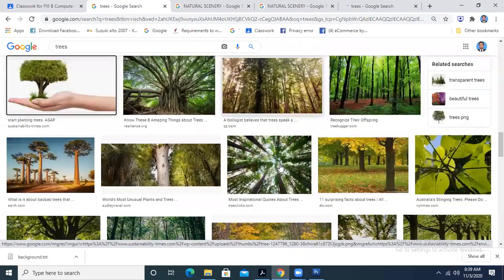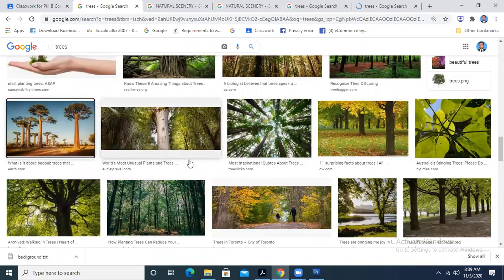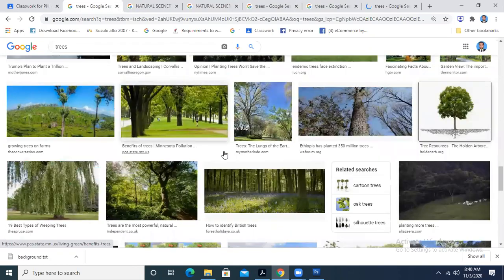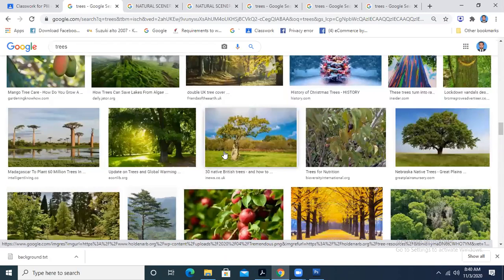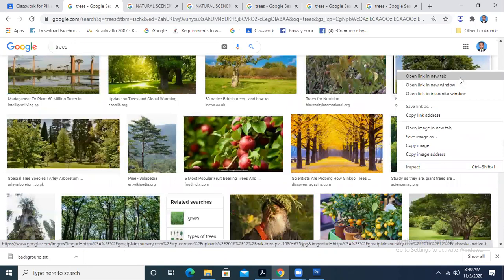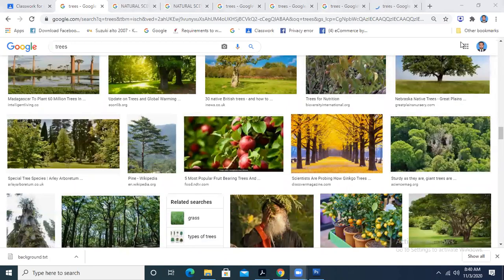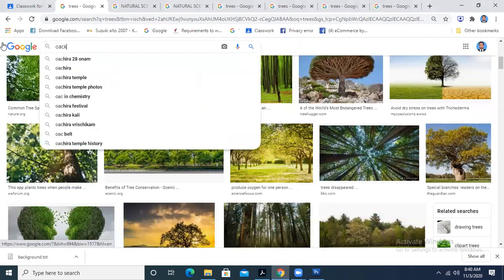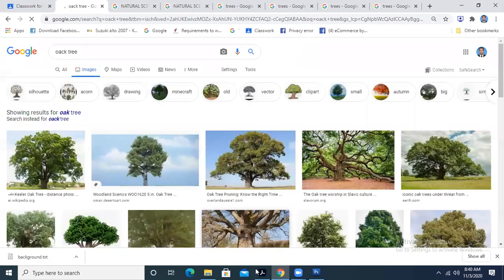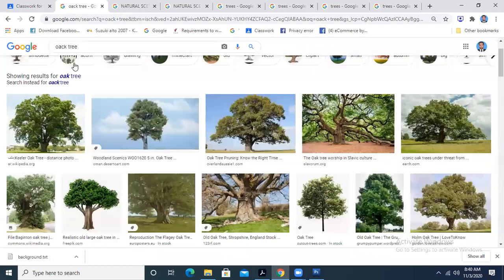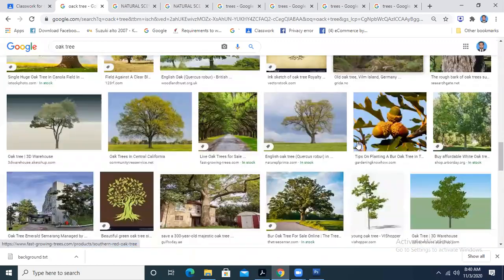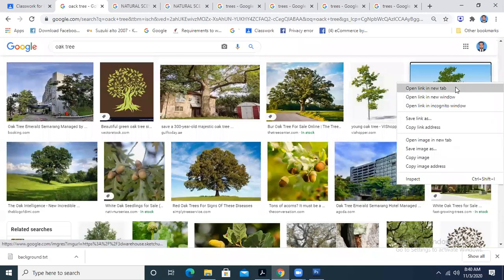Let's suppose this is a tree. This is another different type of tree. Okay. This is also a good shape of the tree. We can take even this one. Not too many. I'm just selecting one or two or three. Oak tree. Oak, O-A-K. Okay.